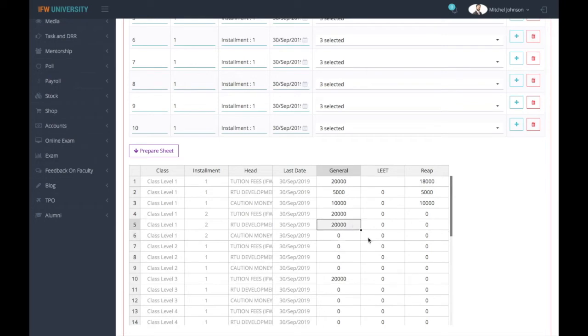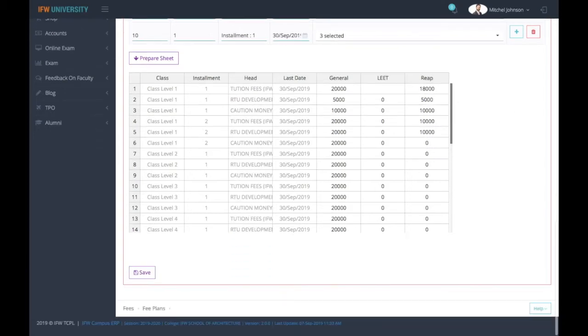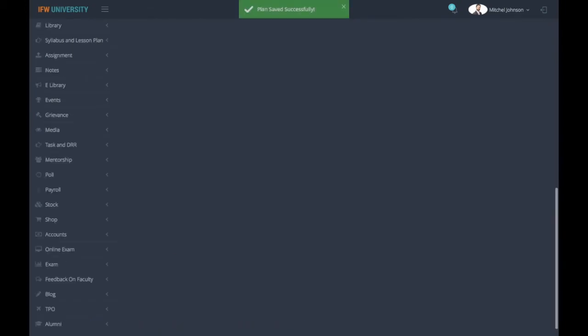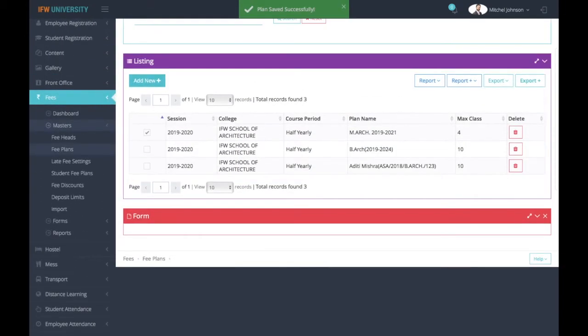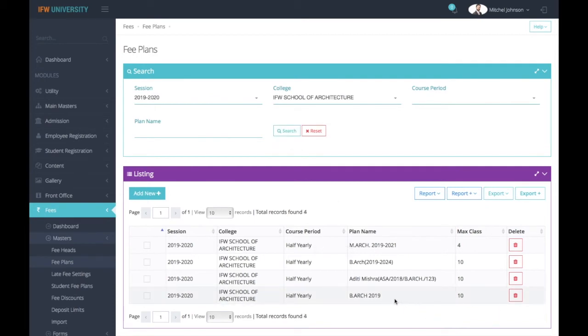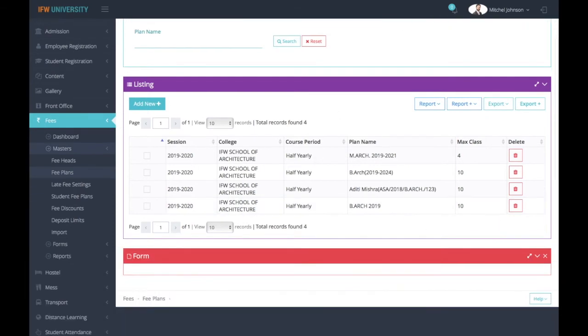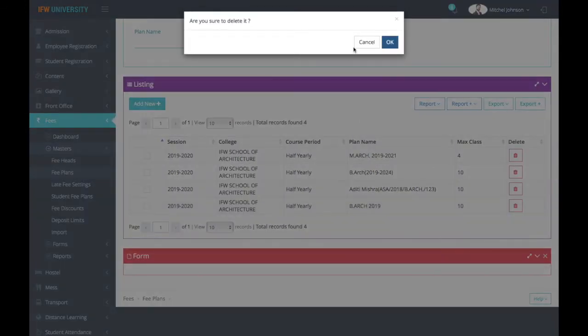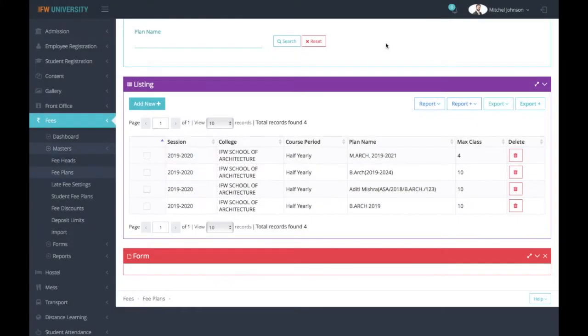If it is the same, you can just drag it like this, and here if it is the same, you can drag the records like this. Once you have entered the records, just click on save in order to save the record. We have provided you with the delete button also. If you want to delete a record, you can delete it from here. The new record BR 2019 has been added here. If you wish to delete it, you can delete it from here.